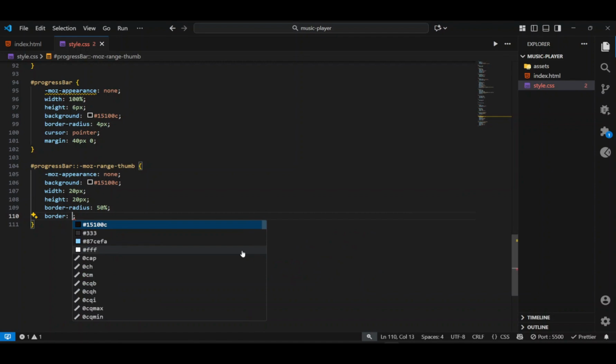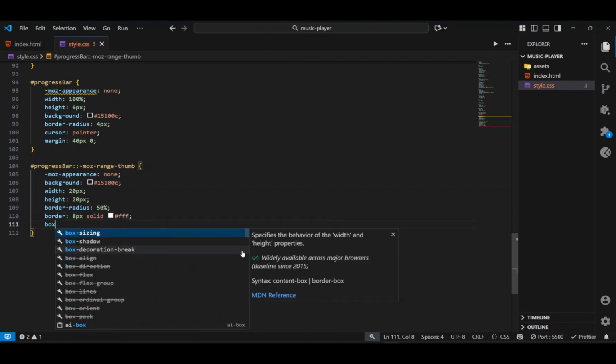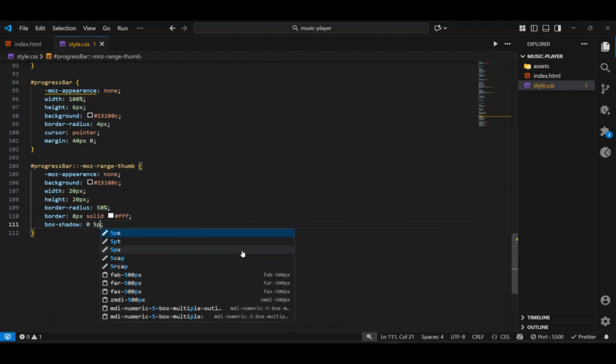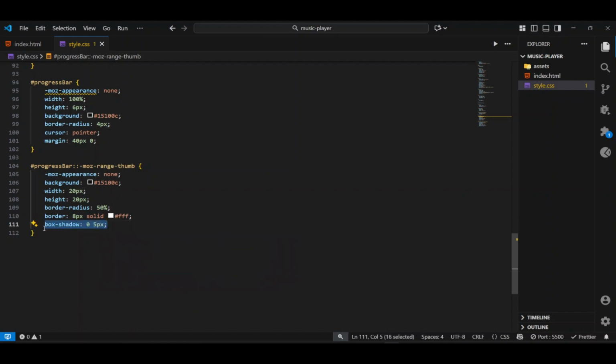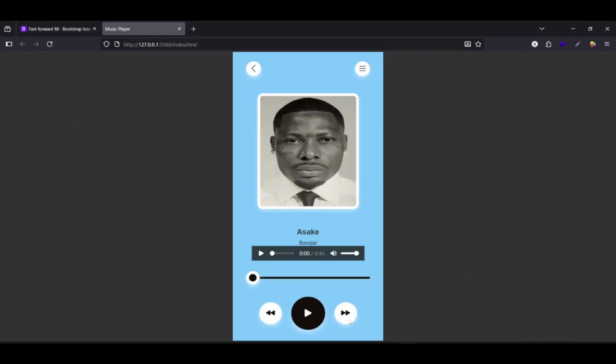See, by the border, we give it 8 pixels solid white, and then the box shadow we have 0.5 pixels. Let's just copy the previous one, paste it, and let's check this. And this is the range. After we are done with the range,